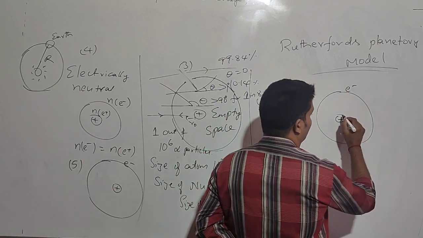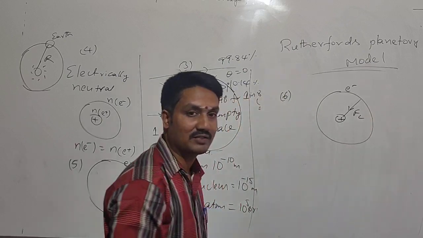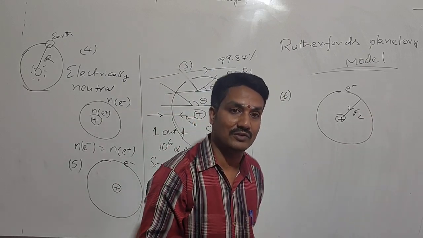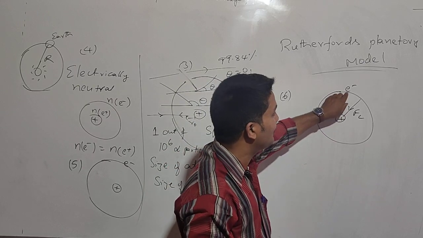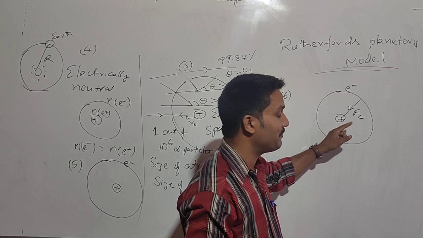Now here the centripetal force Fc, that means the required centripetal force for revolving electrons around the nucleus is provided by the